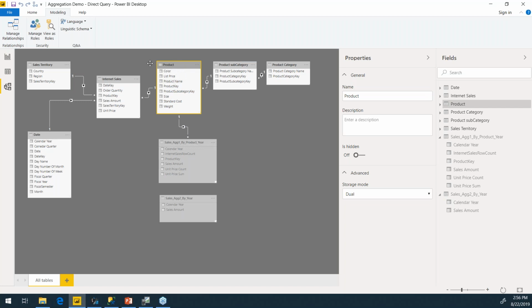But of course, it cannot filter out things from the aggregation itself. No, it doesn't take things out. It's just that if you have a user that falls under that role, then their view of the aggregation will be just that section. And have you tried aggregations with data flows? I have not.